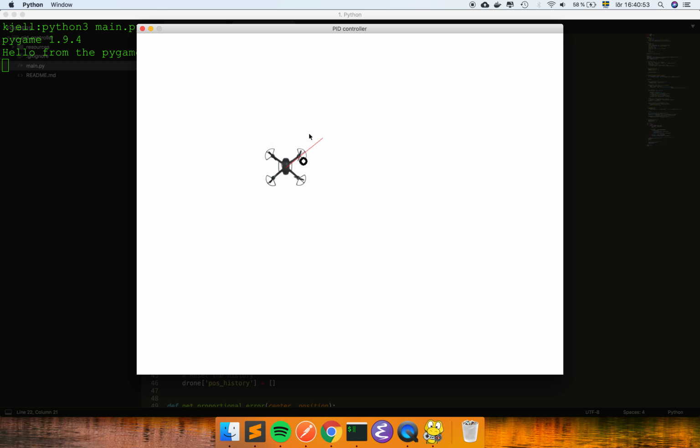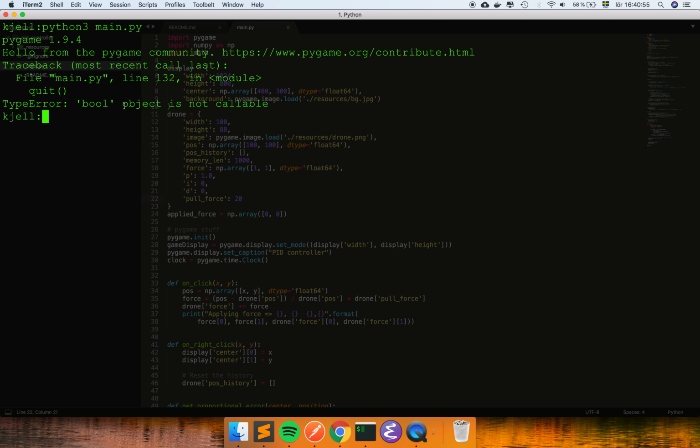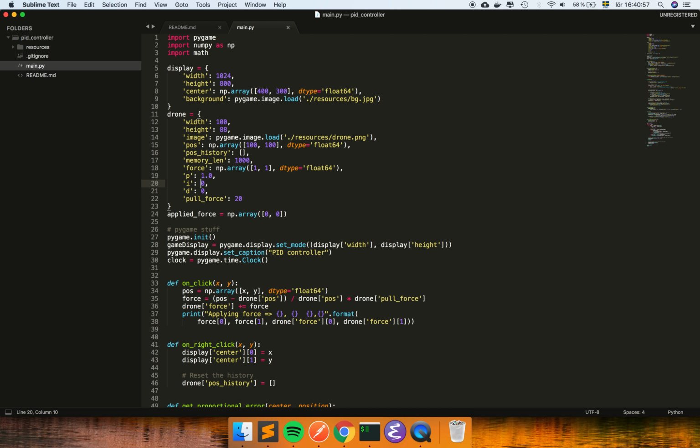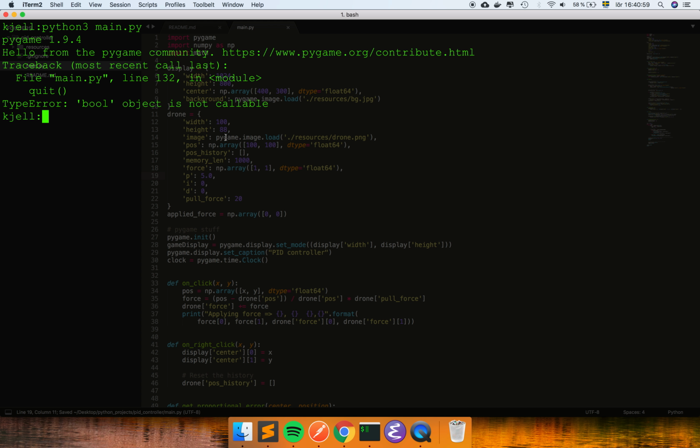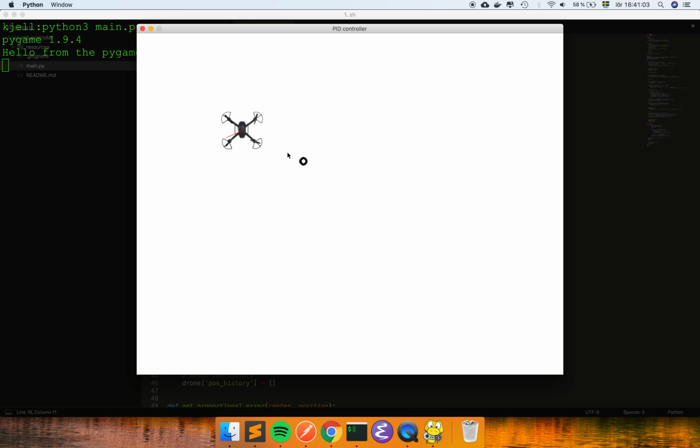It's still a bit slow. Let's make it something more effectful, like 5. Yeah, I'm not doing any clicking at all. So you can see here now it's trying to find its way to this position with the marker, but it's overshooting all the time, because what